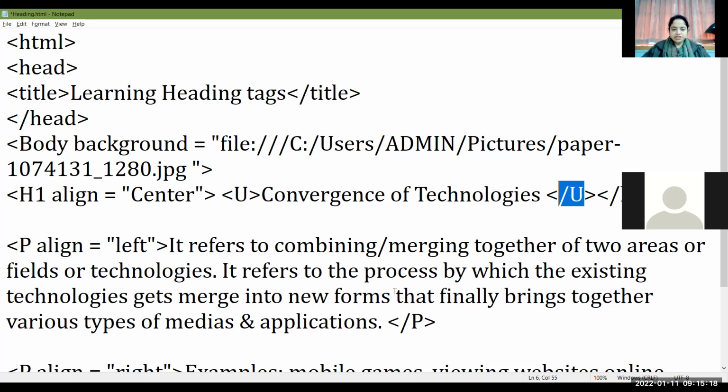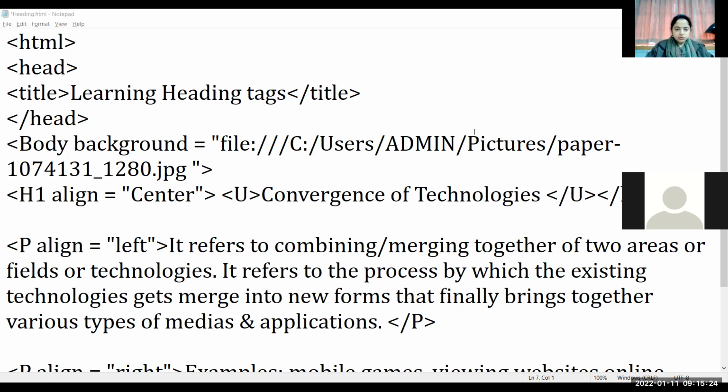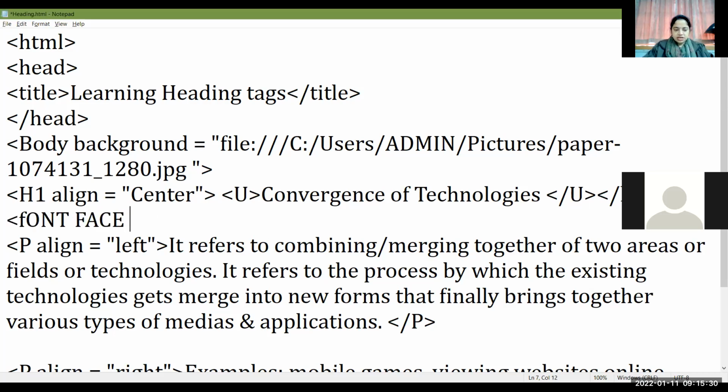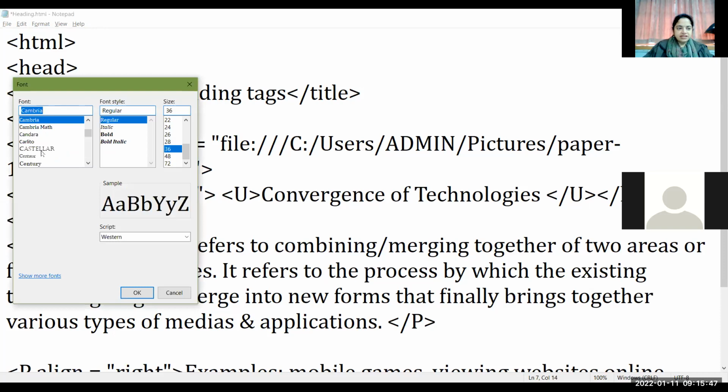Now, this is a paragraph. In this paragraph, I want to use a particular size or a particular font. So I will use the font tag here. Font face equals to. Now, what face will we use? That is the font style. Font style means fonts. Click on format, font. You will find the various fonts here. You can choose any font, type the spelling correctly, and that font will be applied. You have to type the spellings correctly.